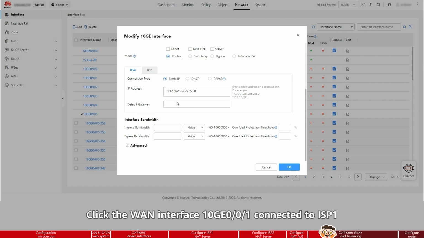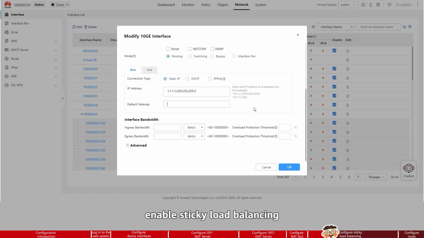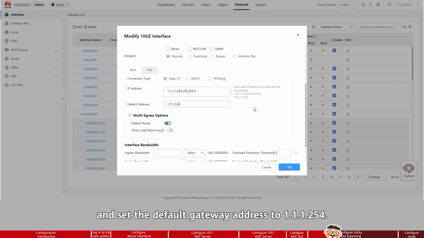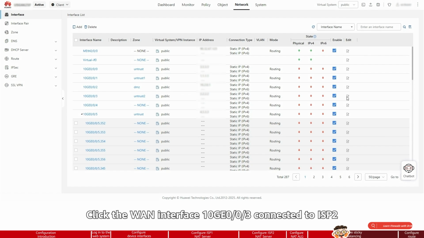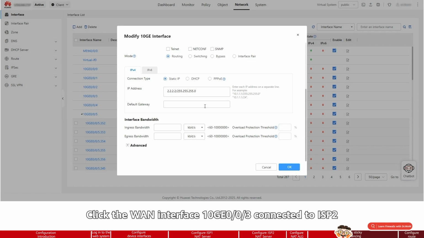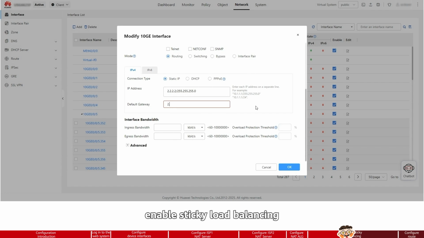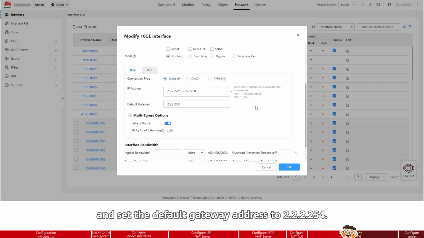10GE0/0/1 connected to ISP1, enable Sticky Load Balancing, and set the default gateway address to 1.1.1.254. Click the WAN interface 10GE0/0/3 connected to ISP2, enable Sticky Load Balancing, and set the default gateway address to